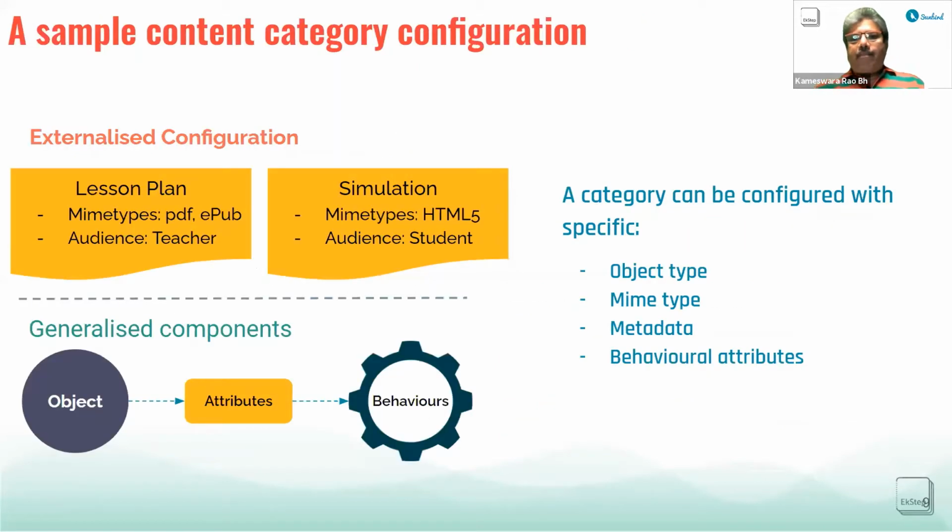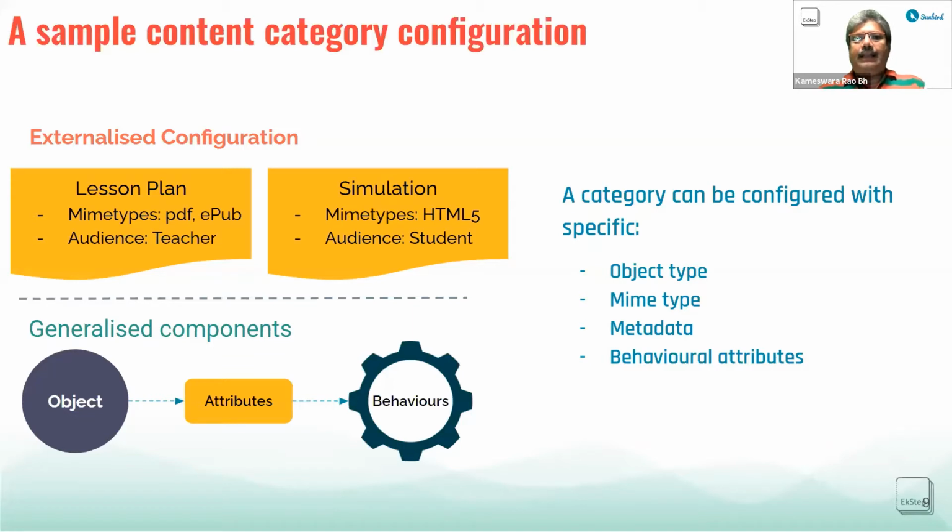A couple of examples of content categories I can show you are lesson plan and simulation. What a category encapsulates, and what you can configure in a category, is the object type, which is content in this case, and the various MIME types that the content supports, which are nothing but the file formats, and the various metadata and behavior relevant to that content category. For example, you can create a content category as a lesson plan, which supports MIME types of a PDF and an EPUB, and